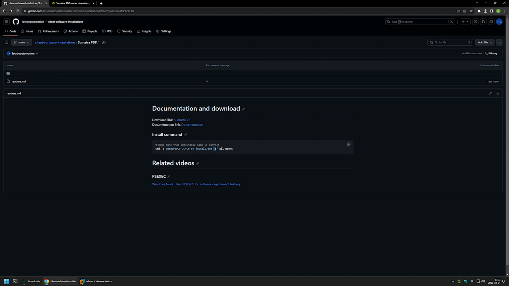Then I'm using a switch, -s. This makes this installation a silent installation. And then another switch is -all users. Basically, this makes this installation a machine-wide installation, and that means that the software will be accessible to all the users on the computer. So I will select the command and I will copy it, go back to VMware Workstation